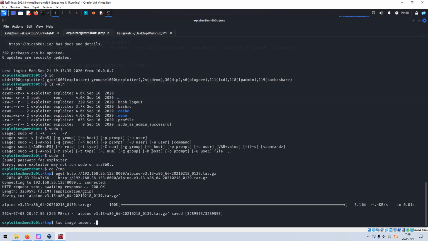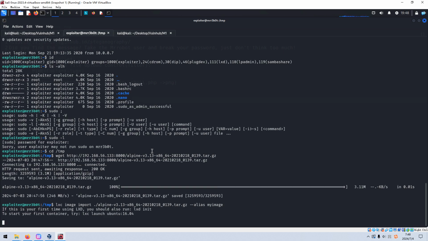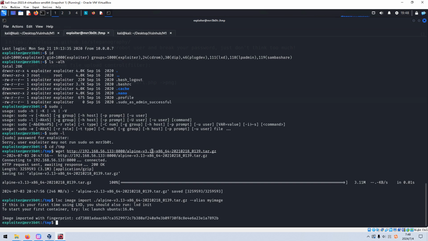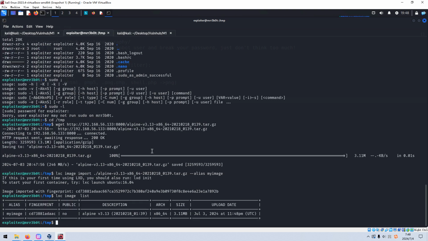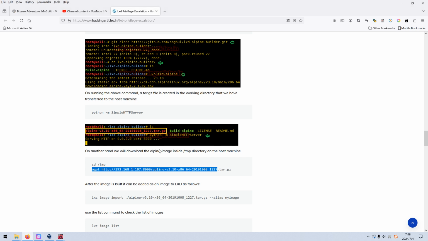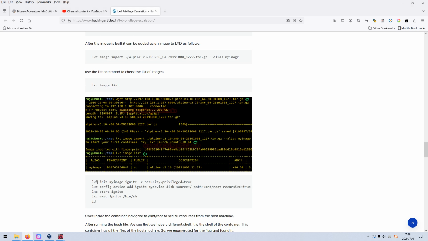Oh, no, we need to import this image to the container management software, and we can give it the name alias my image. Okay, image list. As you can see, we have already imported this image to the LXD, and next we can run this command